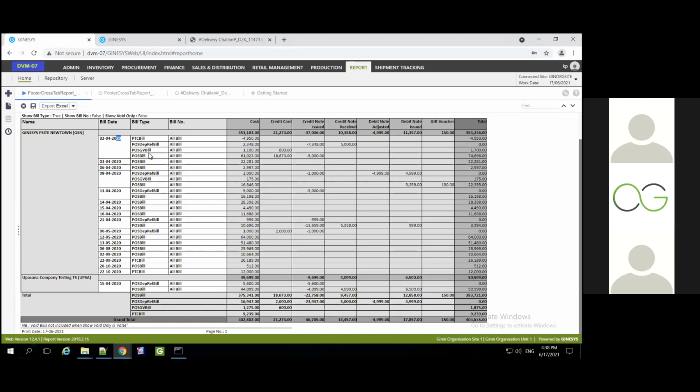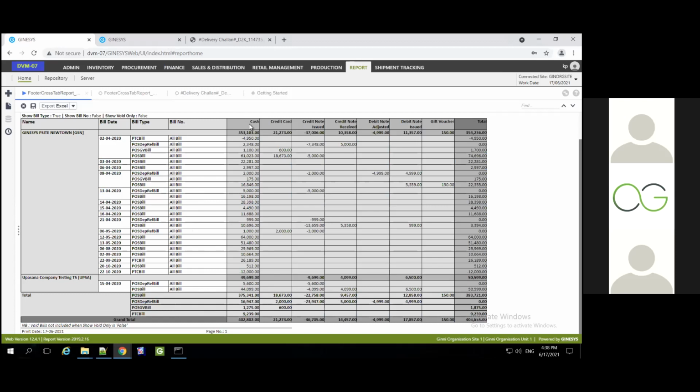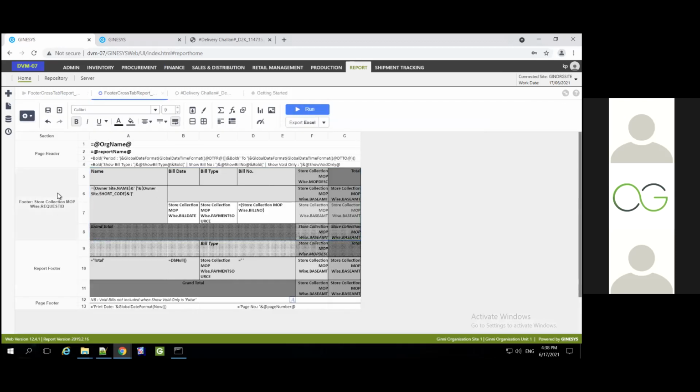And here you're getting all my bills as per the MOP selection. So this is a classic case where we have used two cross tabs, one for a particular group footer, and another for the overall report summary.